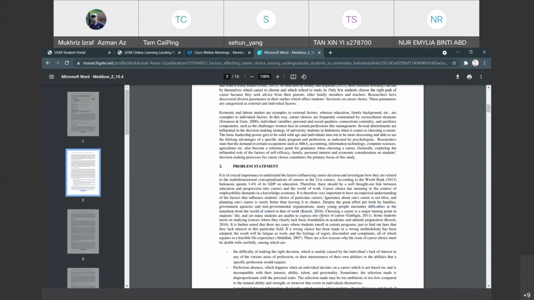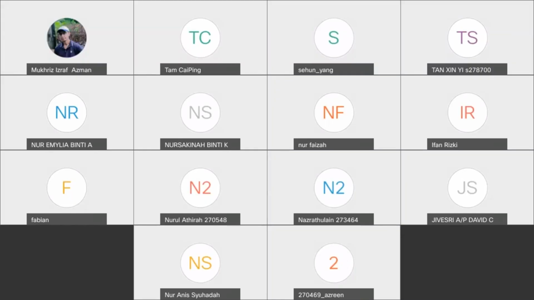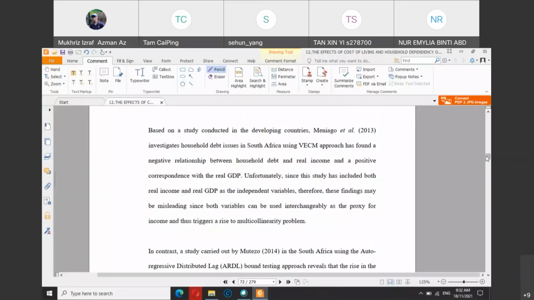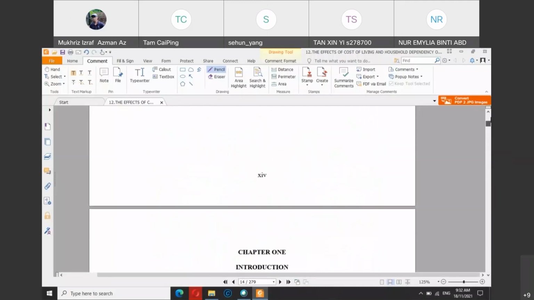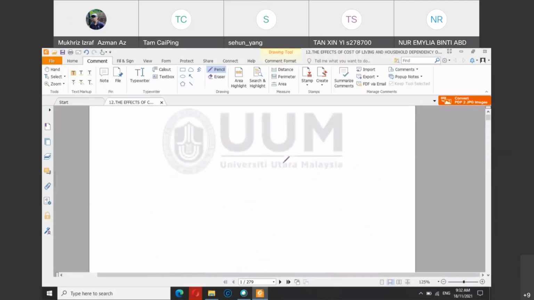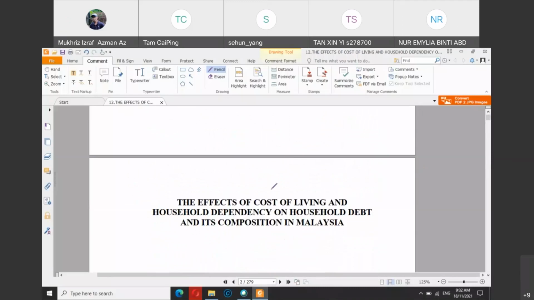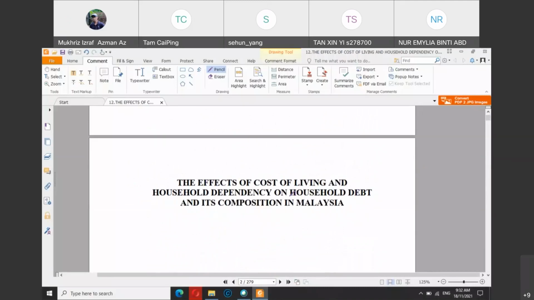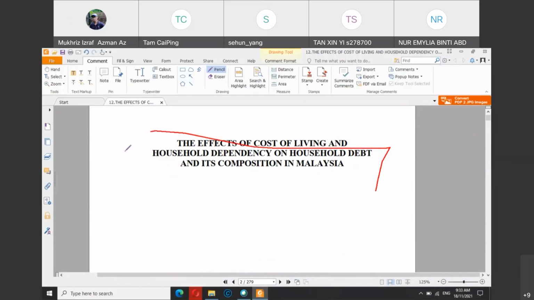For example, let me share my screen first. Okay, if you open this, this is thesis number 12, the effect of cost of living and household dependency in Malaysia. I mean, this is the thesis.